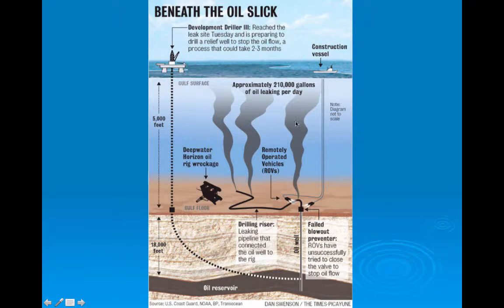210,000 gallons of oil leaking per day. All right? Completely eclipsing what the Exxon Valdez did from day one. This took months to seal, because you have to imagine if stuff is coming out at a super high velocity, it is really hard to inject anything and expect it to stay here and harden while this is pouring out.